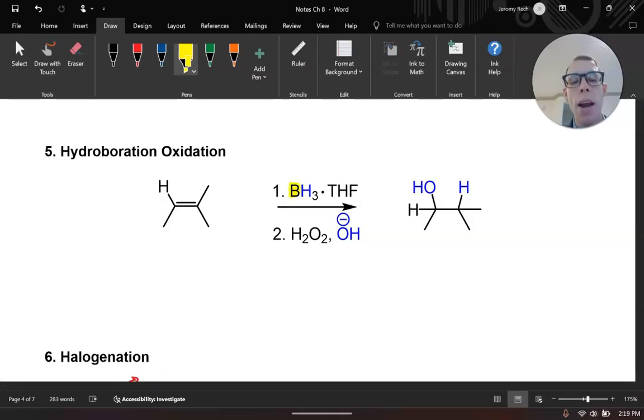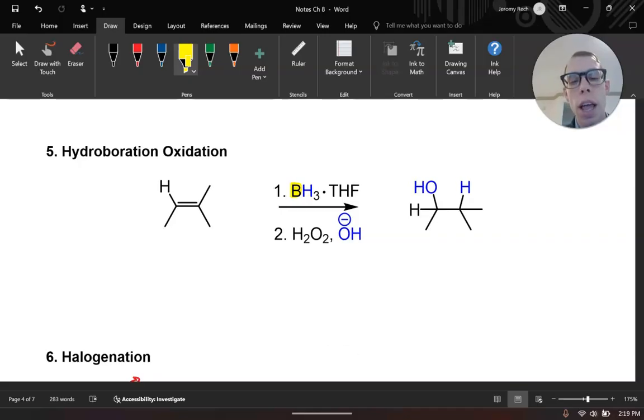So there's our boron. You'll also notice we are using a peroxide. And almost always, if you see a peroxide, it's going to be anti-Markovnikov. That's going to be kind of like one of your hints. We are not going to walk through this entire mechanism for your hydroboration oxidation, but key things that we're going